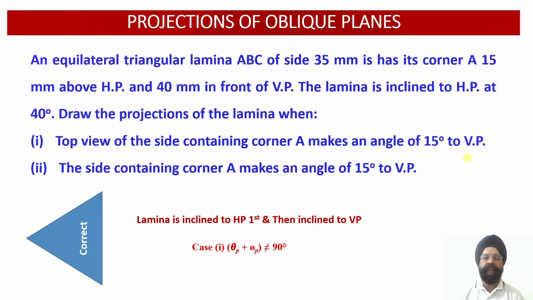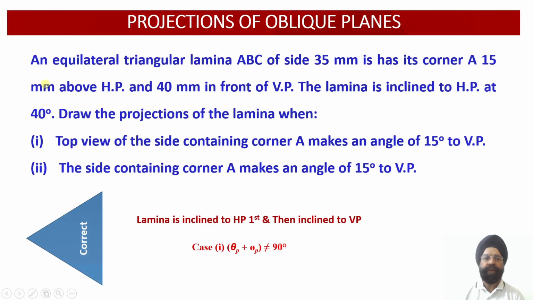An oblique plane is a plane which is inclined to both the reference planes, that is, the horizontal plane as well as the vertical plane. So let us first of all evaluate the order of inclination of this equilateral triangular lamina with respect to the